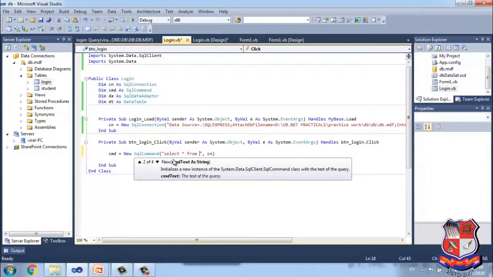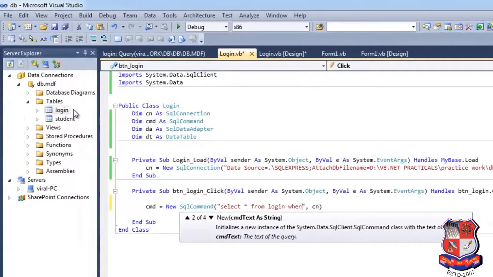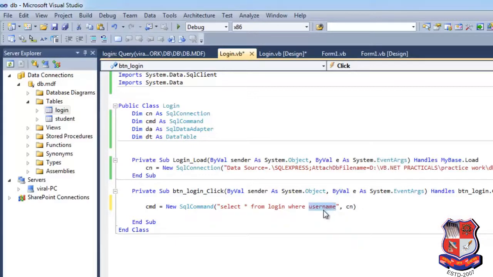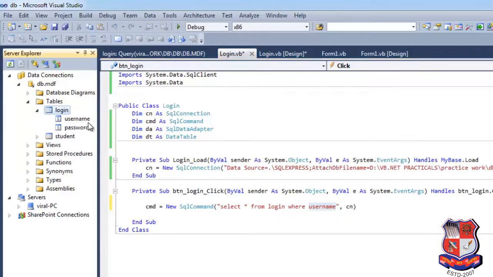Which table? The table name is login, here you can see, login where username. Keep in mind that your username must match the column you created as username; it can't be different, it will cause an error.